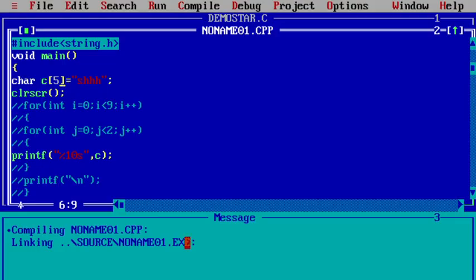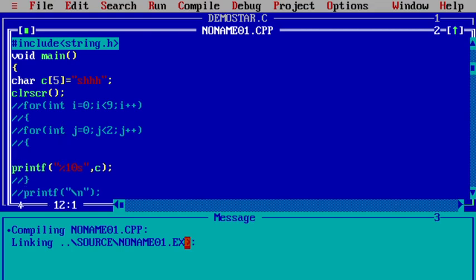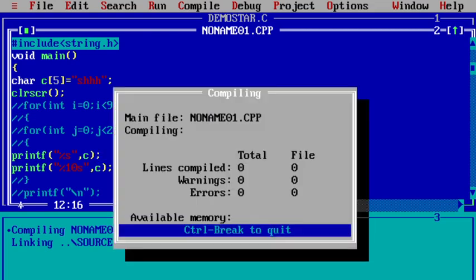See, what is the difference? Now you will identify the difference with one more statement. printf, I'll use a percent s in double quotes, comma c, and a semicolon. So let us observe the result.